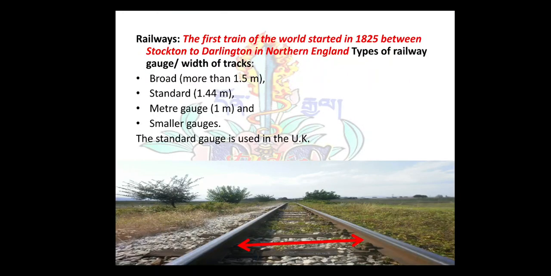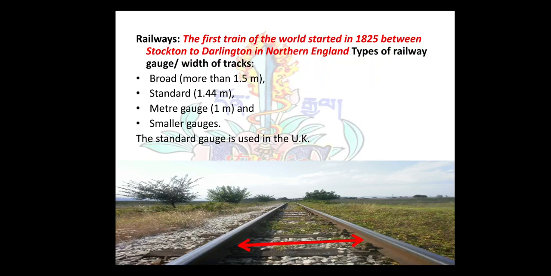So first we discussed the roadways. So land transport. From land transport we discussed roadways. From roadways we only discuss two topics: highways and border road. Next to that we are going to discuss the railways. So the first train of the world started in